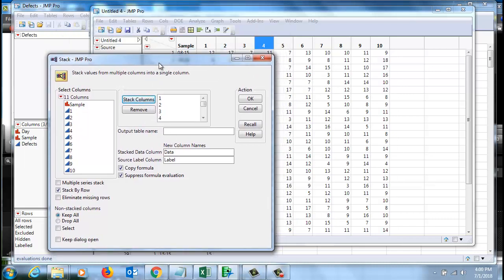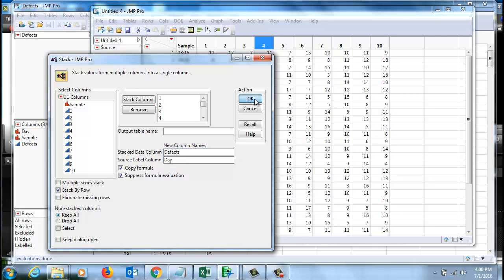What happens here is stacking all those values in data grid into one column and then making another column with the column headers. So each one of those observations will be marked in the same row with the column header. And those two columns are called data and label. So the data will be our defects and label